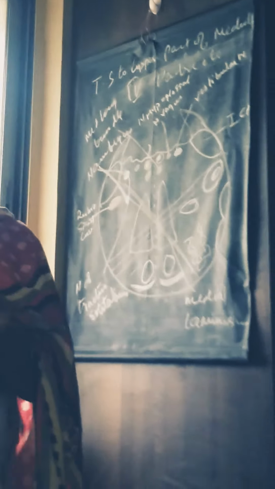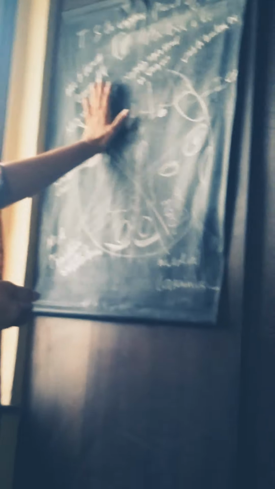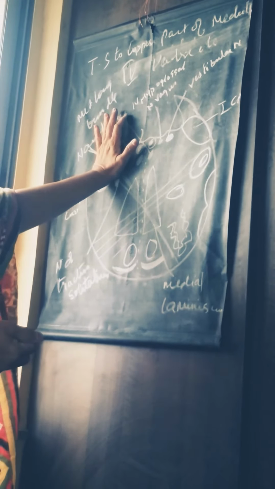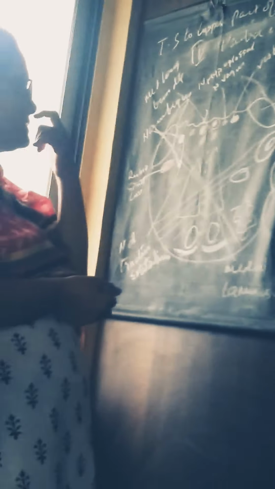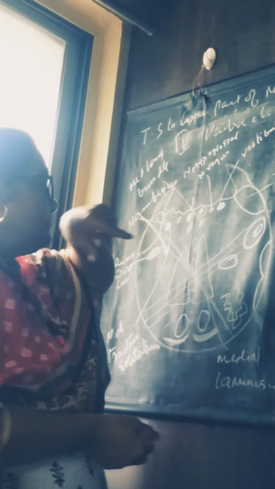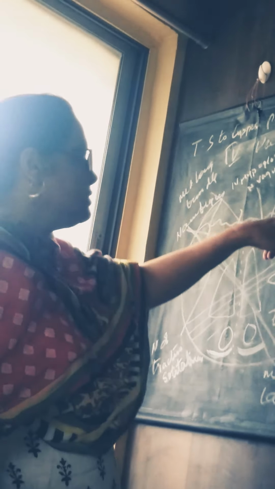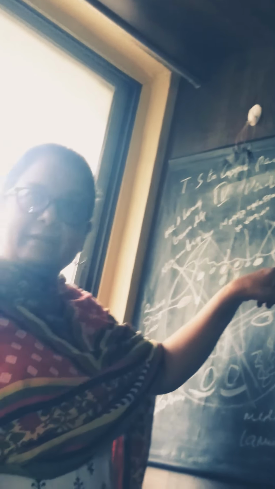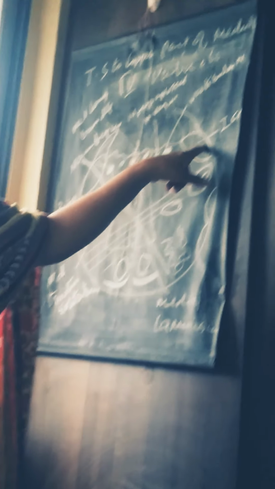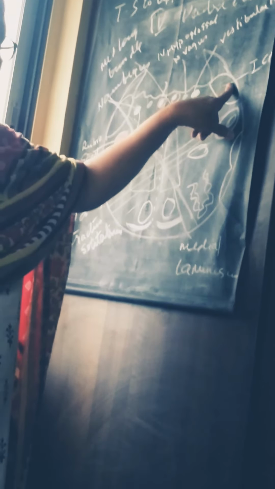So see, there are many structures which are present along the upper part of the medulla. When you take the transverse section of the upper part of the medulla, which is also related to the fourth ventricle, on either side you see the inferior cerebellar peduncle. Through this inferior cerebellar peduncle, the medulla is connected with the cerebellum.